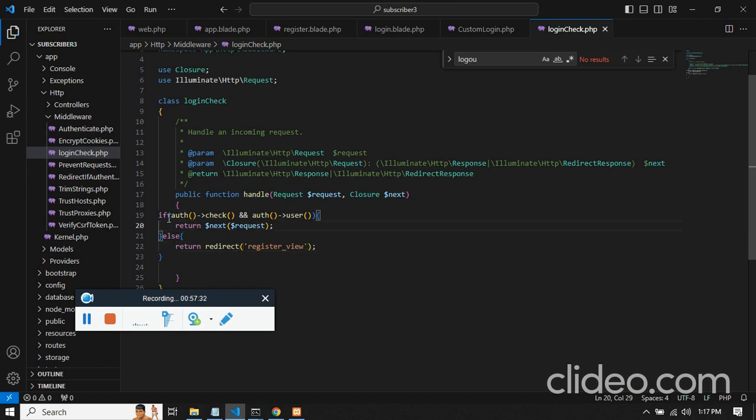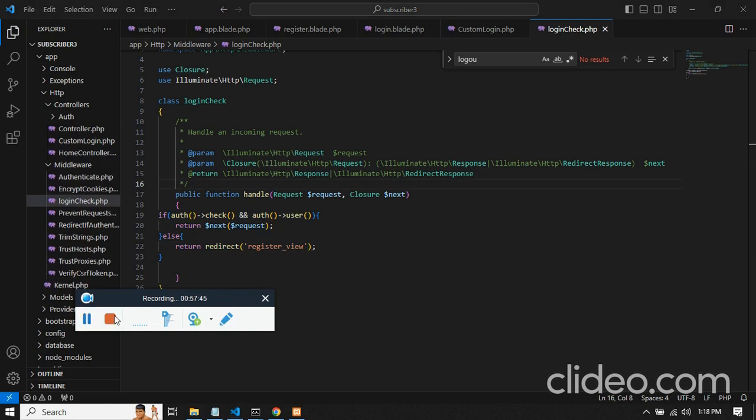So we are checking whether the user is logged in or not. If it is logged in, then proceed to the home, or else return to the register page. If we need, we can pass a message to the login view saying that you need to log in to access